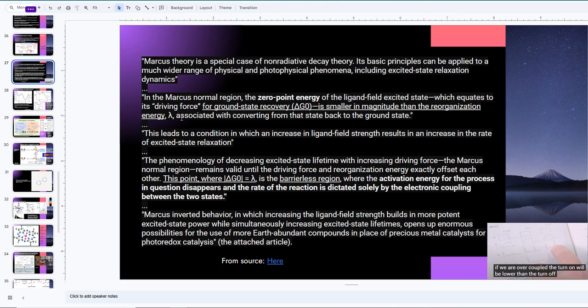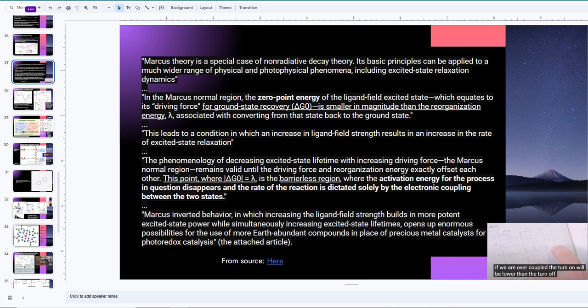You can get energy from the environment, leading to a condition in the ligand field strength with an increased rate of excited state relaxation. This point where delta G, your Gibbs free energy is equal to your wavelength or whatever,